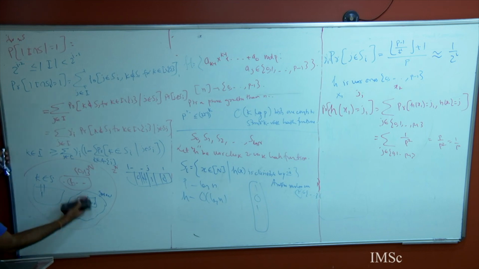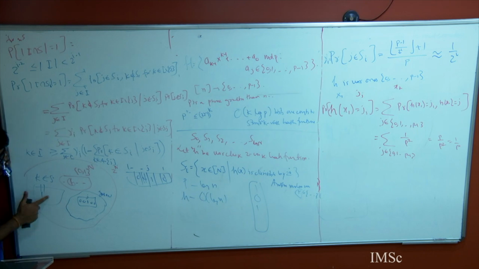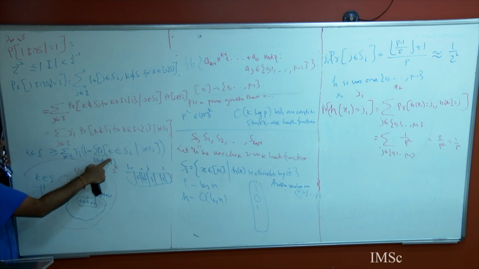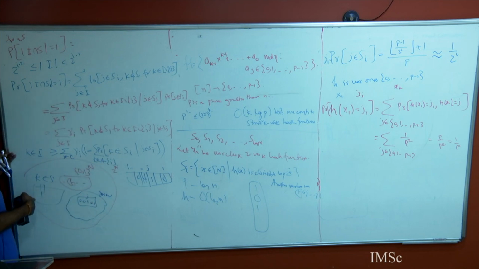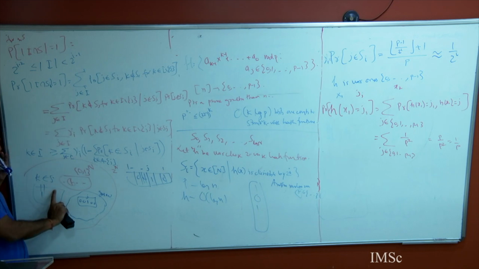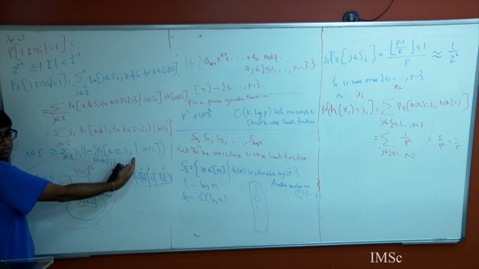Okay, so what is outside? Outside are those vectors which, for some index in I, contain a 1 which is not J, right? These are the only bad ones. And what I'm saying here is, let's write down all K in SI. So of course, the moment I put K in SI, I go outside, but I don't care about other cases. So maybe this will be counted twice. Also, for a vector where somewhere else this is 1, I don't care, because some vectors' probability mass will be counted more than once. This is just a union bound here.